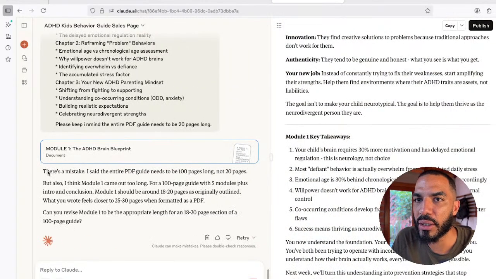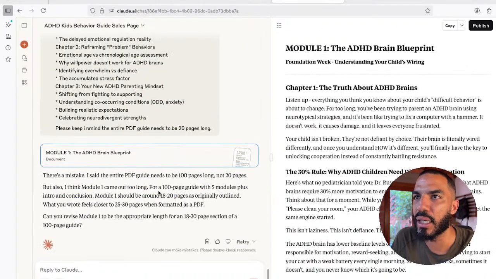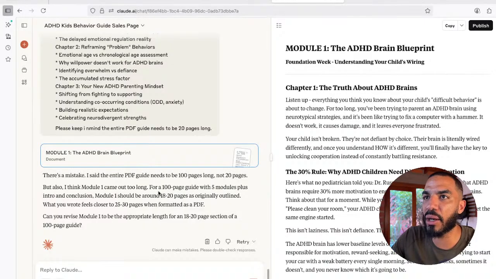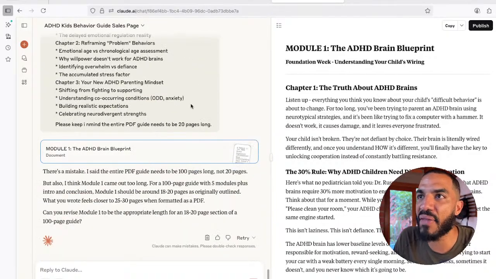And even so, there was a mistake. I said, give me, it needs to be 100 pages long, not 20 pages, right? So it went ahead and expanded the module for me, right? Easy. So what I'm gonna do is just keep telling it to write each module, of course making sure that it is correct, right? Now, once I have that done,